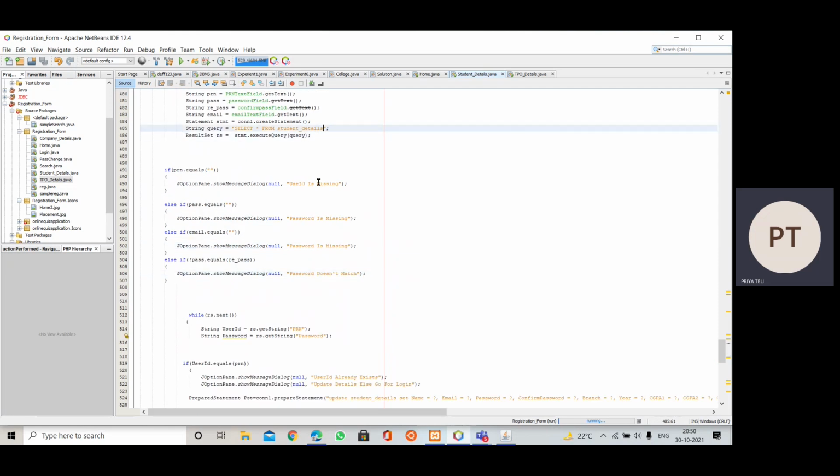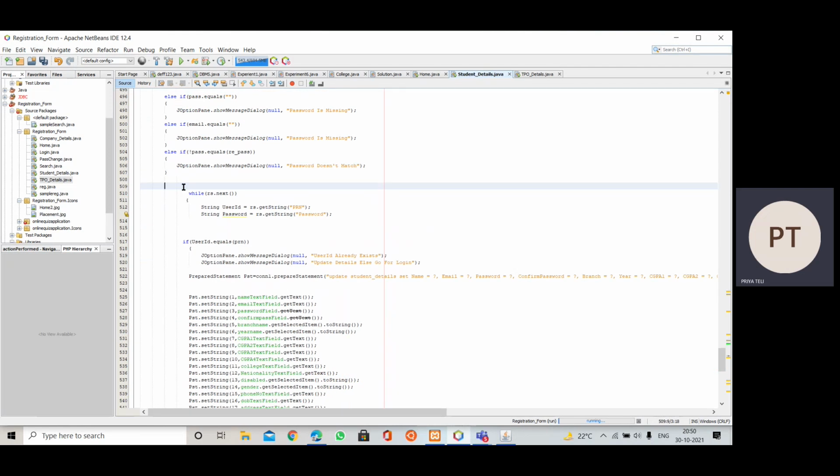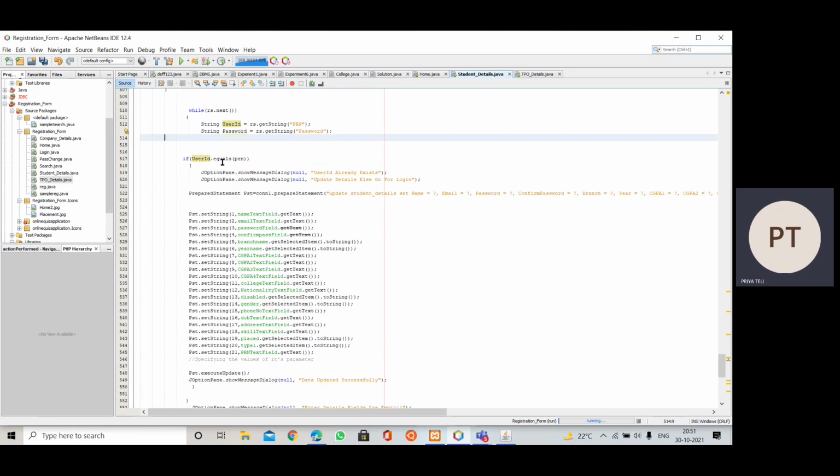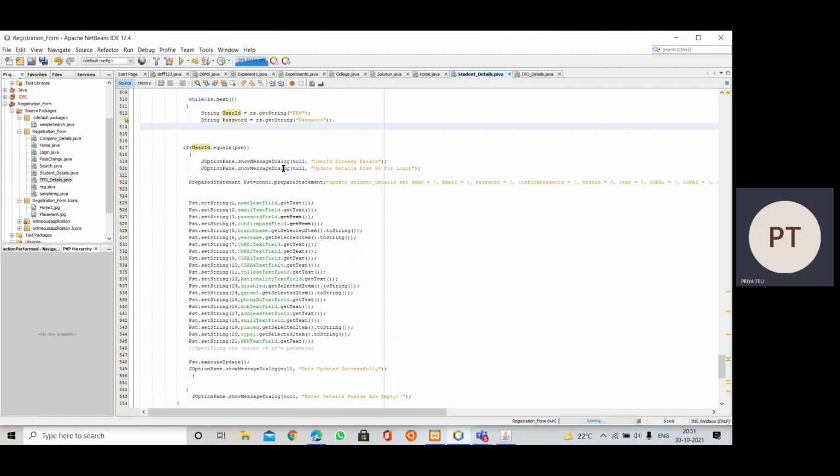Then we have a ResultSet object r. We have used a while loop, while r.next(). Inside that, we take the data from the PRN column and the password column into user ID and password, and we compare both. If user ID is equal to PRN, it means the user has to update the data for that particular PRN.